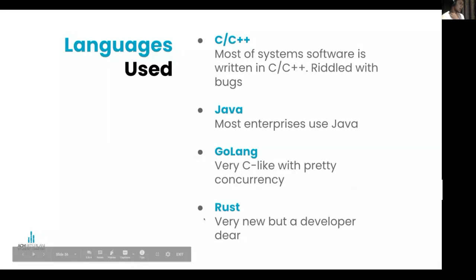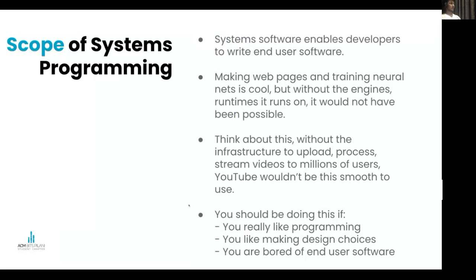So yeah, Rust. Rust is a pretty strong competitor to Golang. Rust is even newer than Golang. It operates at the level of C++. So whatever you can do in C++, you can do with Rust. But Rust is much safer. It virtually eliminates a lot of bugs that C++ had. If any of you have ever encountered a seg fault while working with C++, know that Rust does not allow you to have a seg fault, like ever. Rust is designed in such a manner that you can never encounter a seg fault. So yeah, that was about the languages we're using.